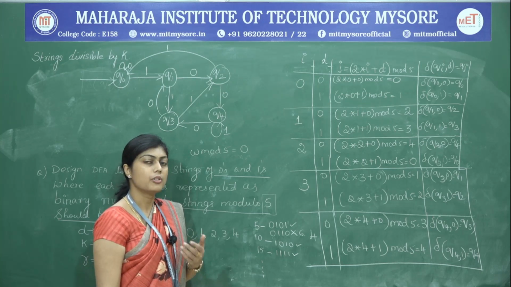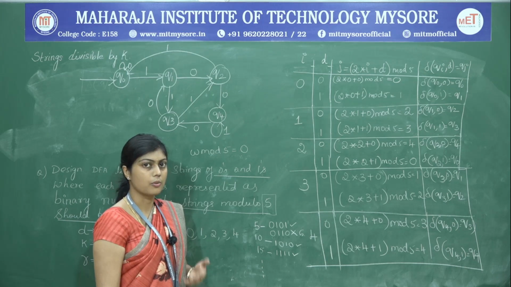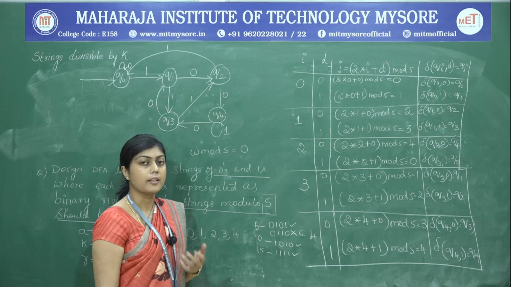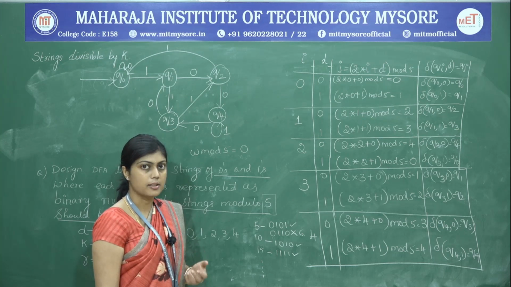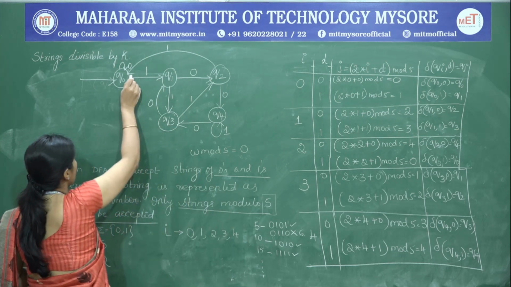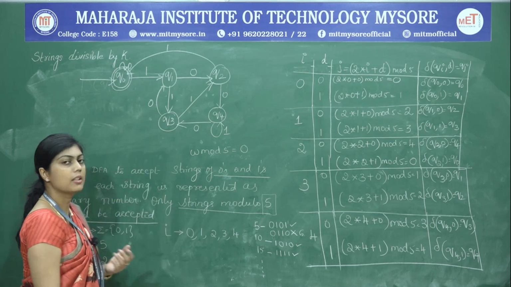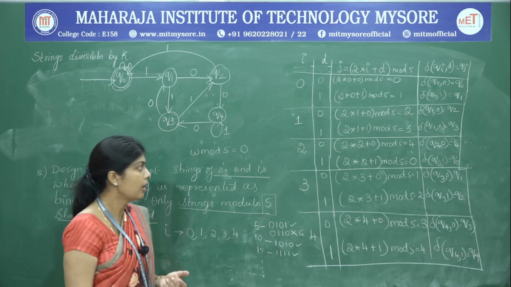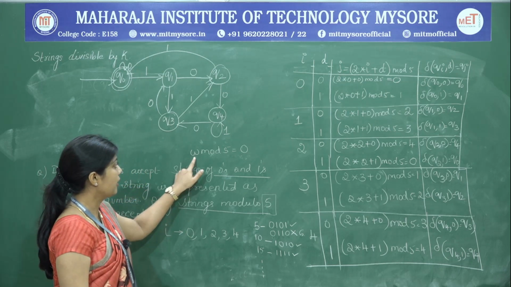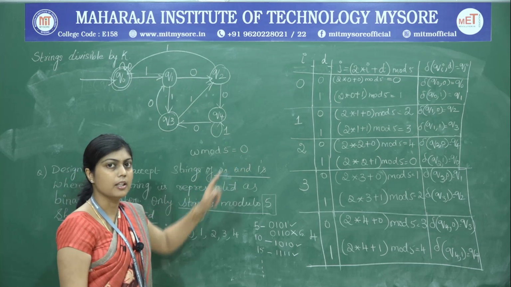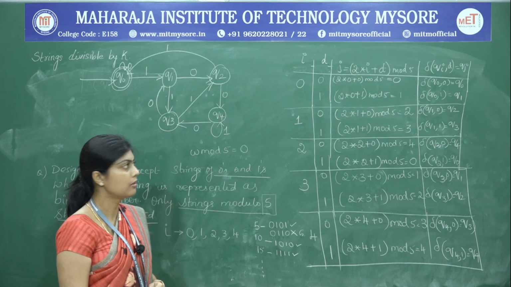Q2 is the state which accepts all the strings which when divided by 5 result in a remainder 2. And we are only interested in a remainder 0. Therefore, Q0 is going to become the final state. So that is how we determine the final state. In case the problem statement said that when the string is divided by 5 the remainder has to be 1, then Q1 would become the final state.